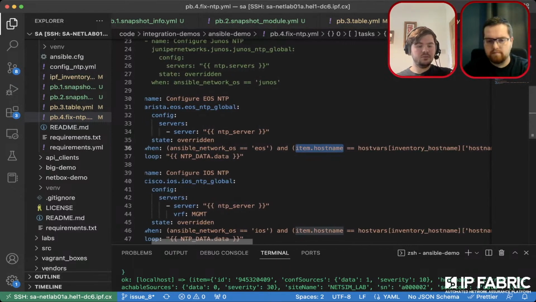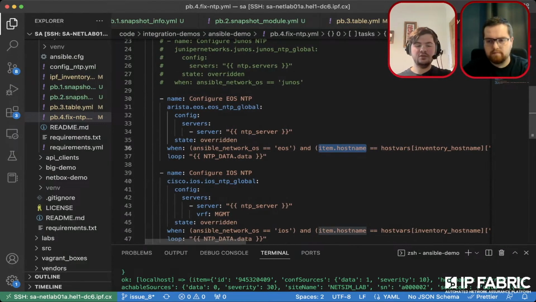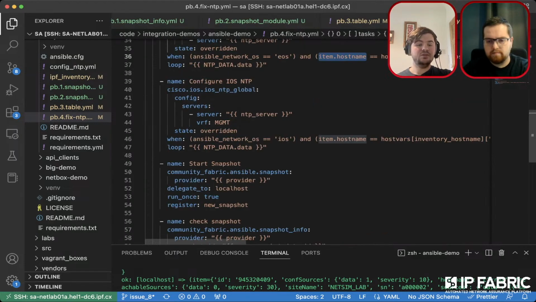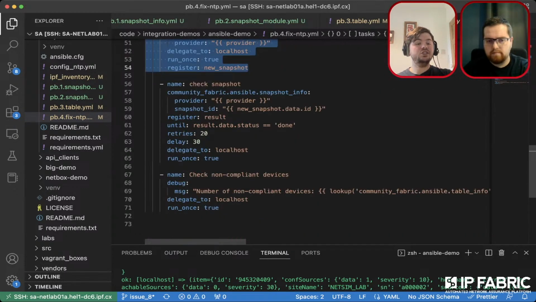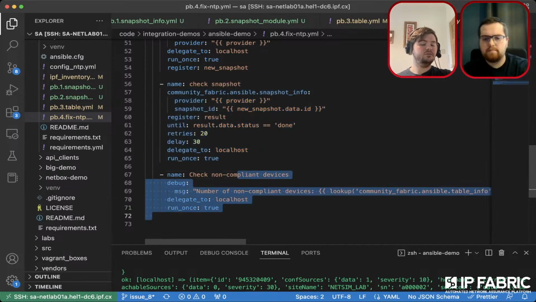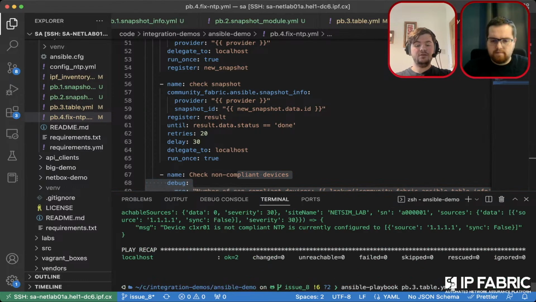So it's a bit complicated on the when statement, but it's very simple when you break it down. It could be done a lot easier. We do the same for iOS. We just changed the network operating system to iOS. We then re-snapshot the entire environment. We check and then return non-compliant, to see if it's fixed the issues. So let's give that a go. So to get that to work,